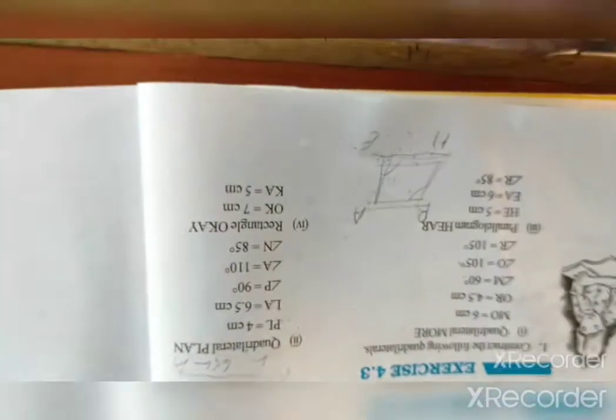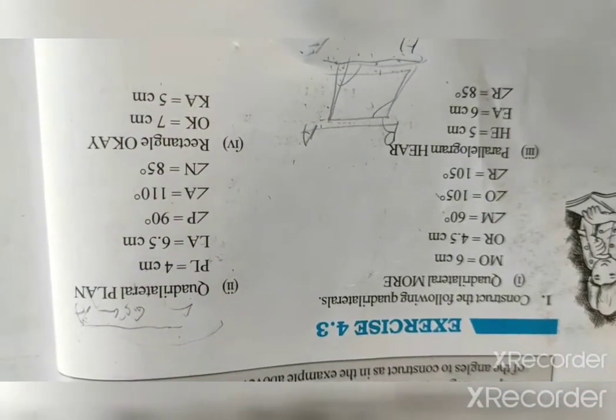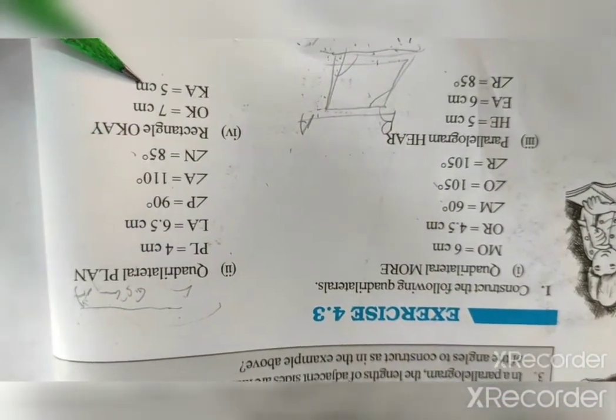Draw a square of side 4.5 centimeters. Definitely we can draw all the sides of squares. All the sides of a square are always equal. So what we will do first, AB, and each angle is 90 degrees. So 4.5 centimeter, 90 degree angle you will draw from here. In the same way we have done this example, question number 4 from 4.3. I explained to you. So we can draw by using the properties.